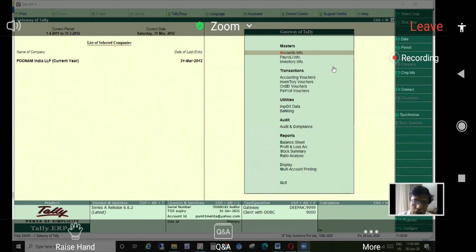The second was, can I open somebody else's data? I have a license now which has the serial number 701 000 and whatever, and the other Ankit has some other Tally serial number. Can I open his data? The answer is yes, if you have the username and password. So it is very important that we should secure our username and password.